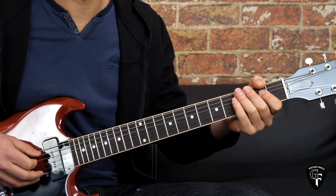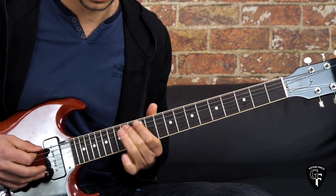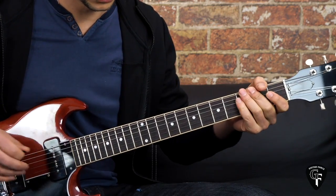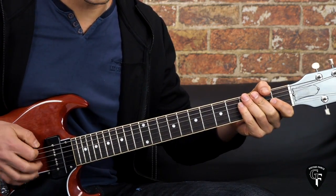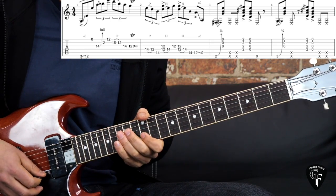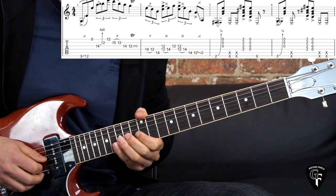Alright, so the next phrase goes like this. Okay, so here again the same way as we did previously, sliding up from the 3rd fret up to this position. Here we have open high E string with an upstroke, then we have,